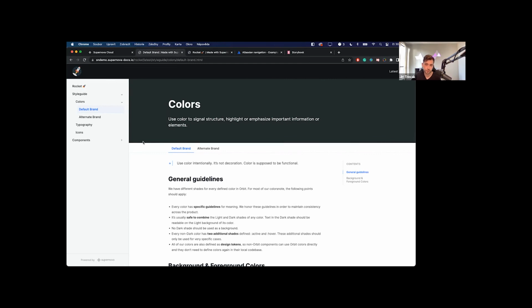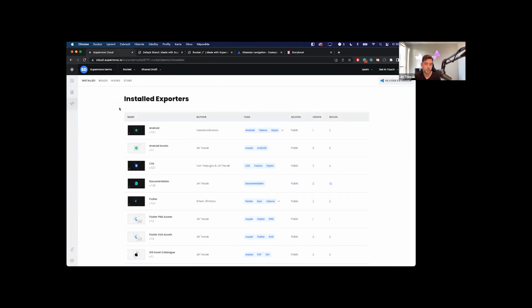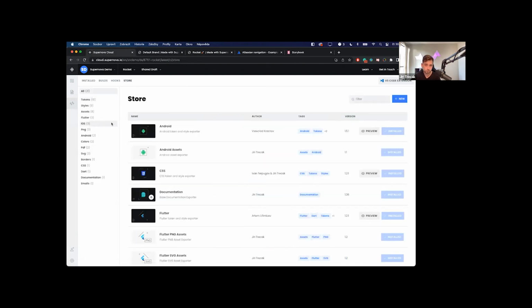I know that we only have, say, 5 minutes, so I want to show you one last thing, and that is where Supernova is actually useful even for you when you don't have a design system. When you are using Supernova for your regular projects, if you are, say, doing freelancing and so on, you usually want to deliver as much information to your developers as possible without actually explaining to them what it is in the first place, right? And so we have an automation layer where you can basically import the Figma files and then say,